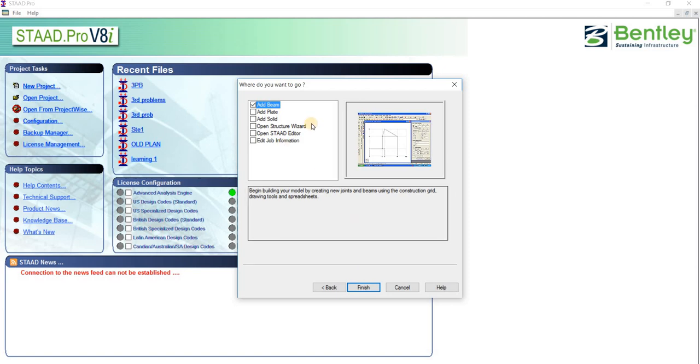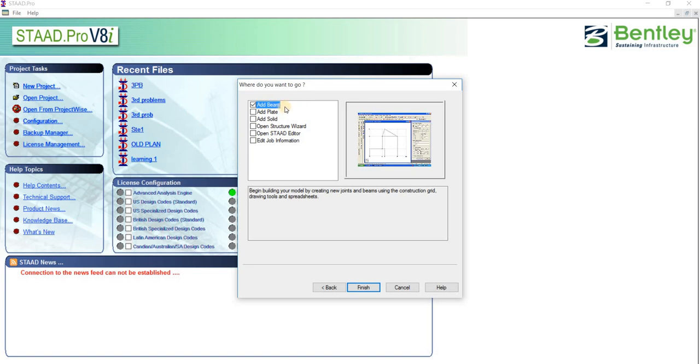The next is about these options, that is add beam, add plate, add solids, open structure wizard and all. Here keep one thing in mind: add beam does not mean that it is only for the beams. It is for beams as well as for the columns of the building.